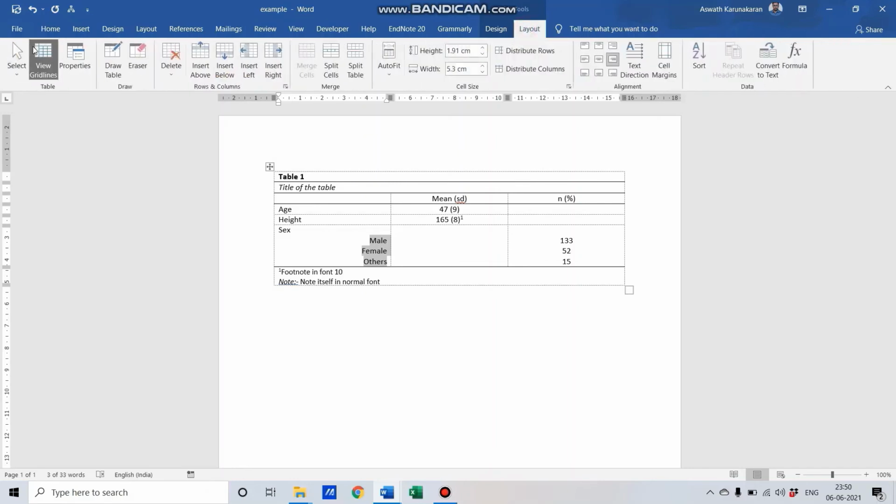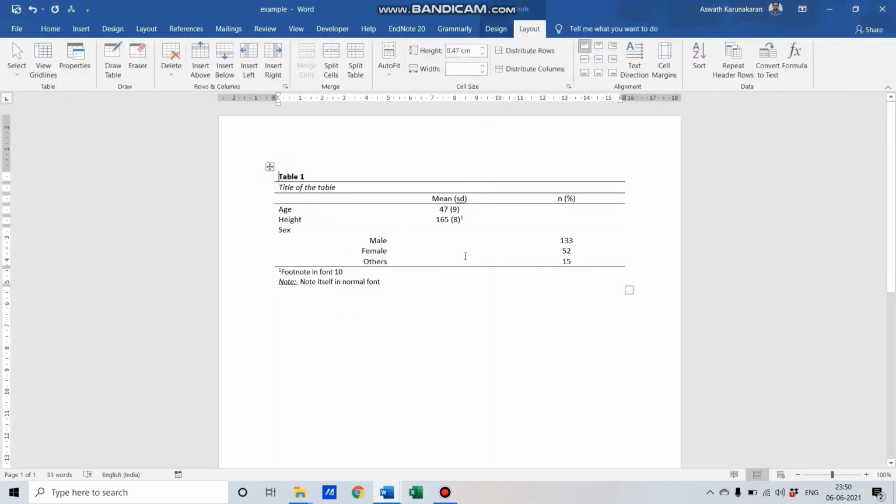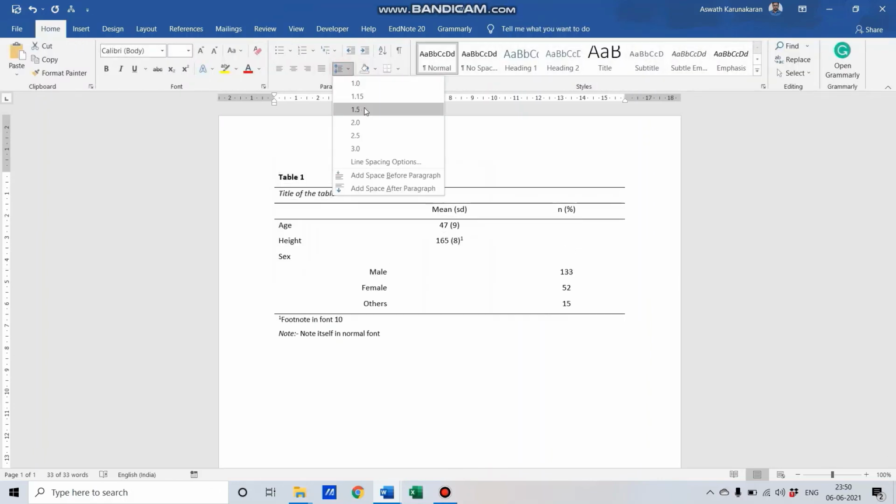Now we can see the APA table look once we remove the grid lines. So this is what it typically looks like. We can make it look even a little better with a little more spacing. Yeah, okay, that's it. But it all involves a lot of click work. It takes a lot of time to make these things. So that is why we need a shortcut. And I always thought